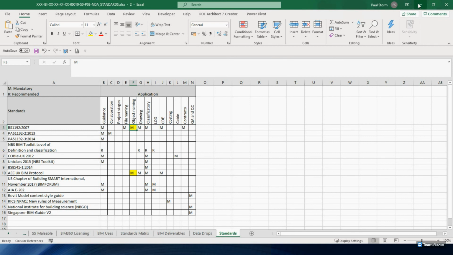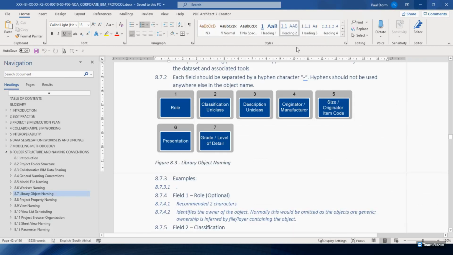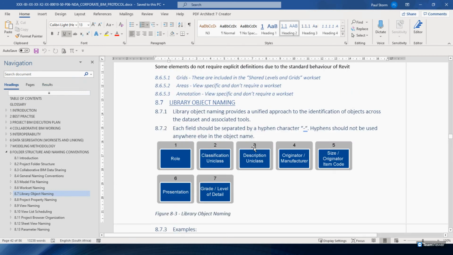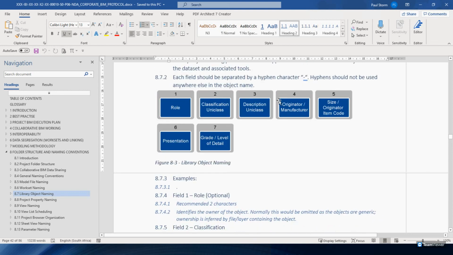Even the naming of these families is also important. And this would typically be set out in something like a corporate BIM protocol, which this is, and which states to anybody entering the company at the beginning, this is how we're going to name our families. Then per project, that might be different, because you might be doing a project in England one week, and you might be doing a project in Australia the other week, New Zealand, or Canada, China, or Russia, or even